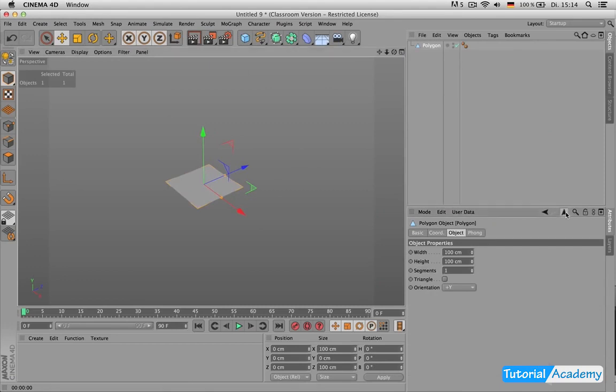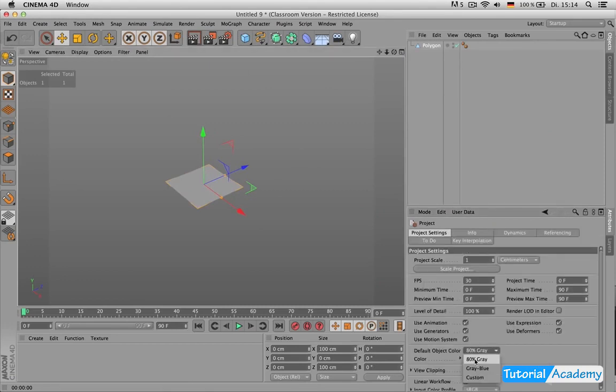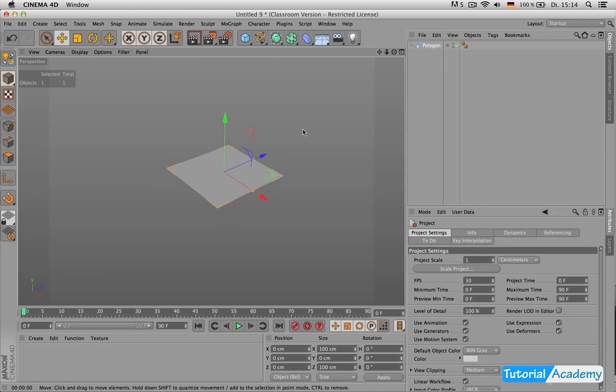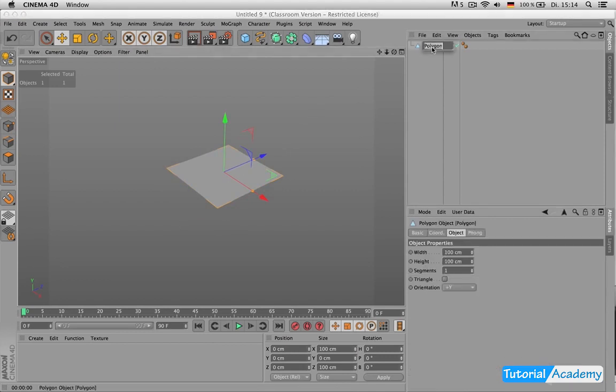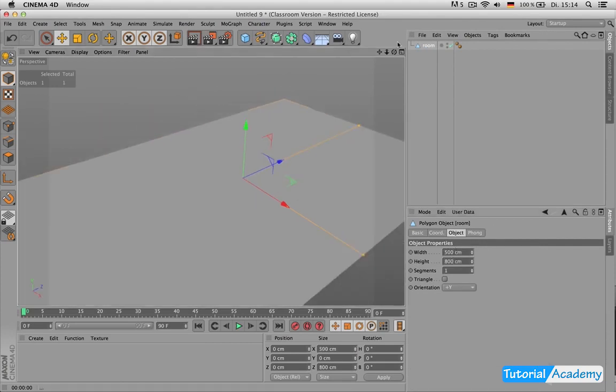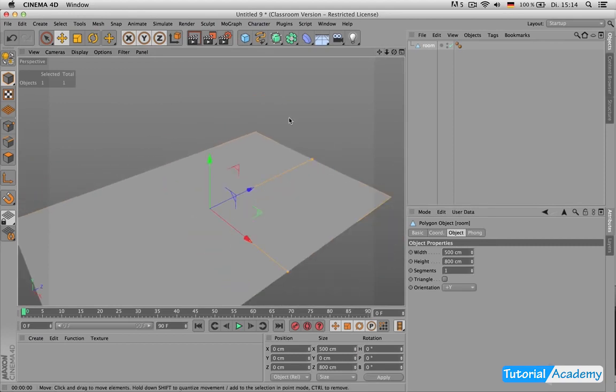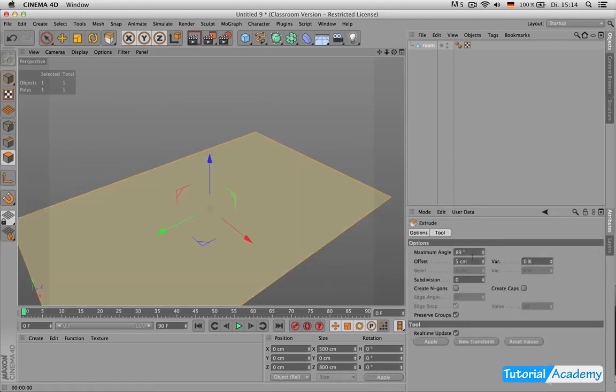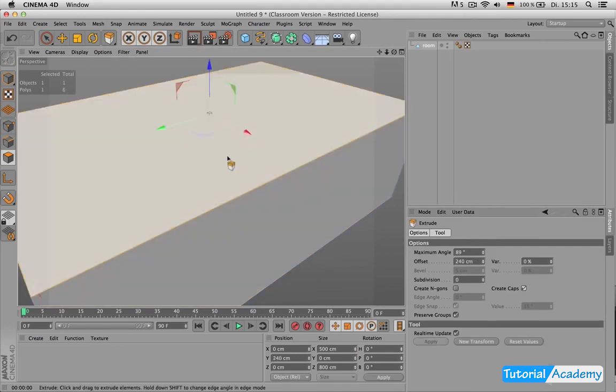So for this exercise, it's really crucial you have default object color 80% gray, because you cannot see light on a blue surface. Not that good, at least. And first of all, we need a room. Let's make it quite big with 5 by 8 meters, so we have something to show, and let's extrude it by, I don't know, 240 maybe, with caps on,